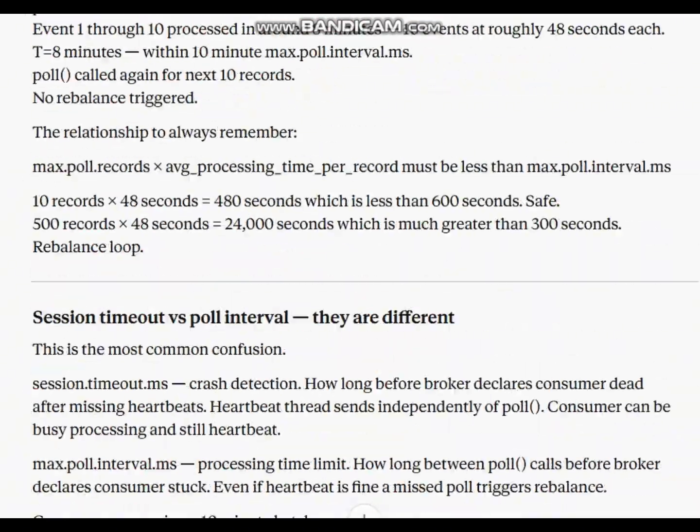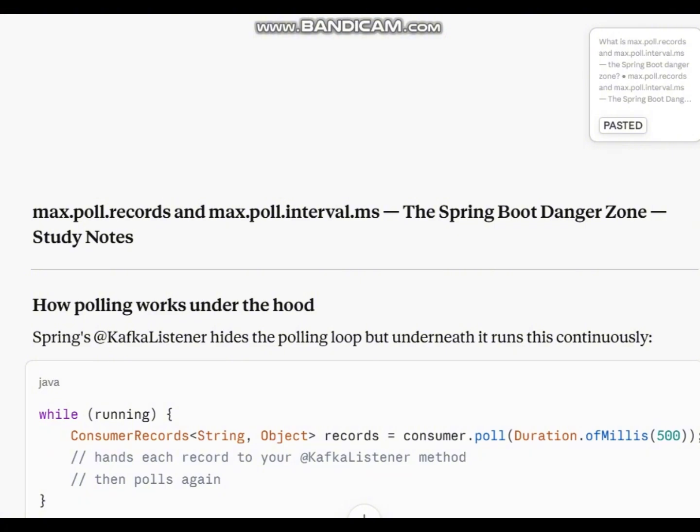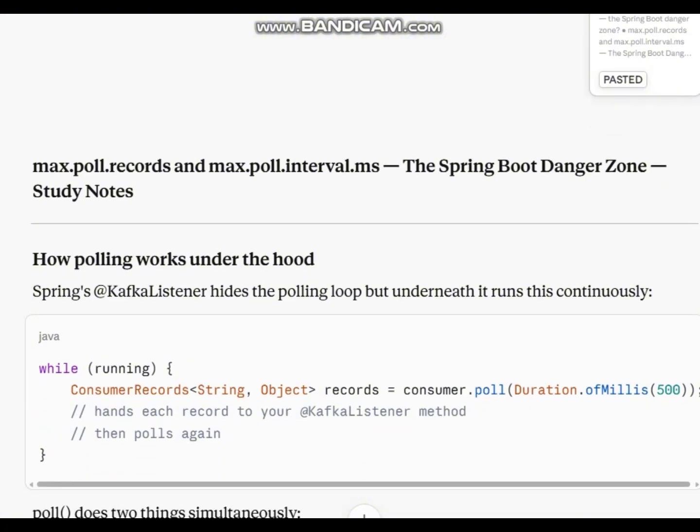Max poll records and max poll interval are the Spring Boot danger zone.